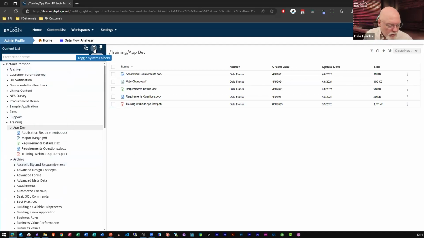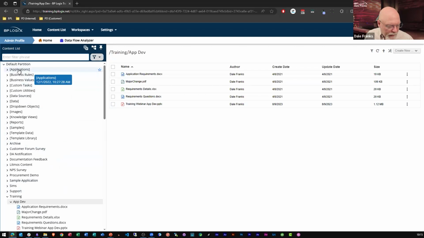Generally, it is those items that you would find in your system folders, right? So your business rules, those that are global anyway, your business values, your data sources, custom tasks, all of these things that are in these folders with the square brackets in the name, they all need to be the same on all of your servers.